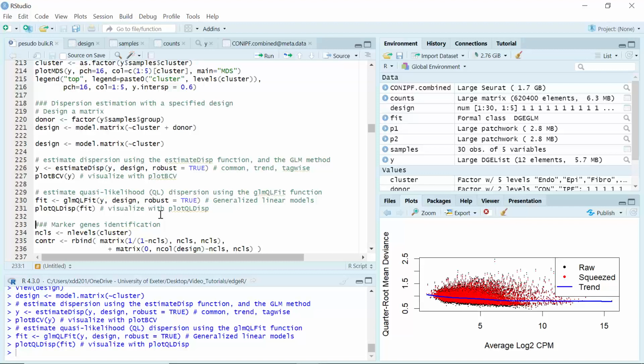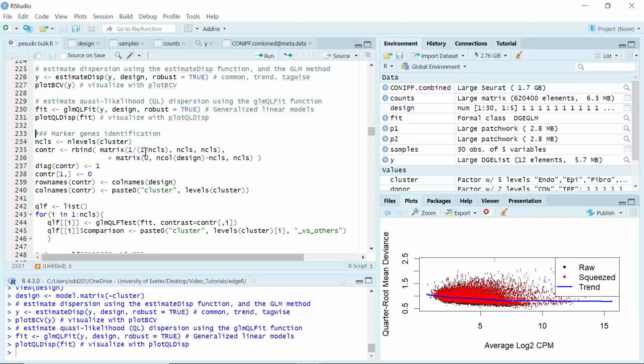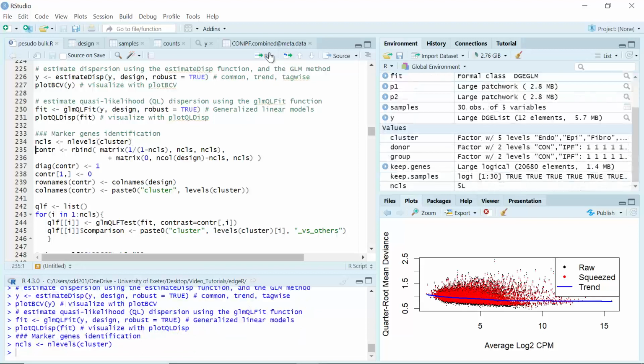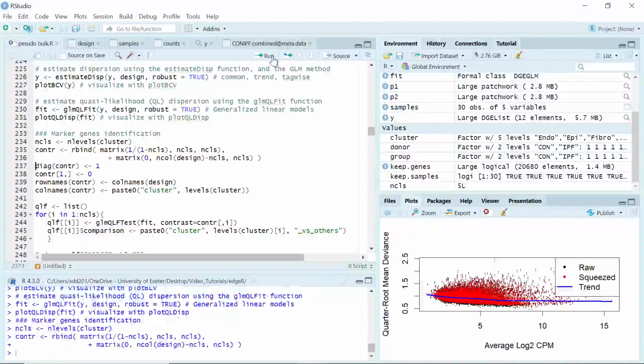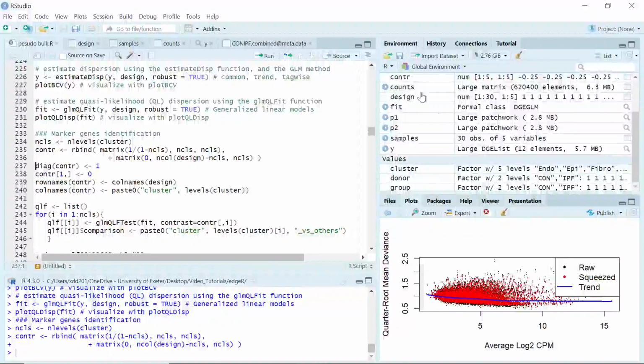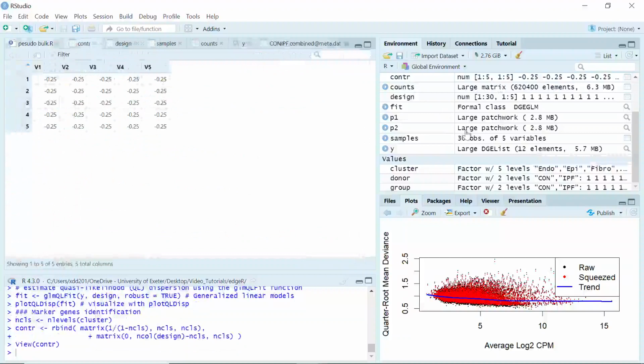First, let's get the cluster information. We can set the cluster as levels. Then we can make a contrast for each cell cluster. Later we can use the contrast to identify the marker genes. So we can have a look at the contrast. You can see at the moment we have 5 rows and 5 columns. And all the data in here is minus